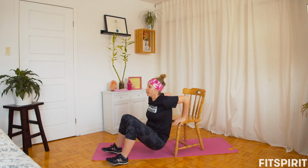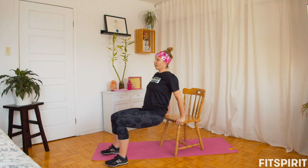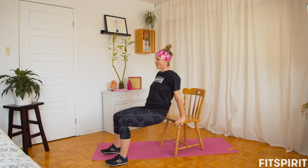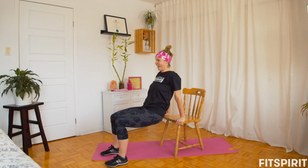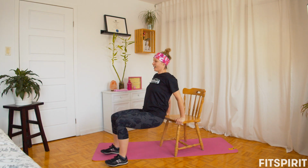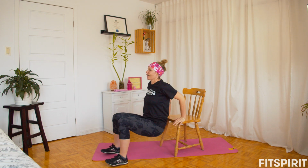Of course, if you're moving super fast, you don't want to hyperventilate, so maybe you don't want to focus on your breathing. Just breathe as it goes. But if you're going slower like I am,